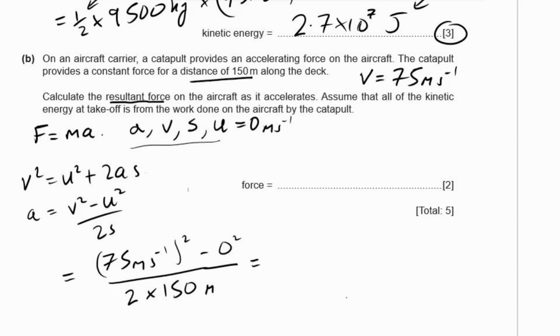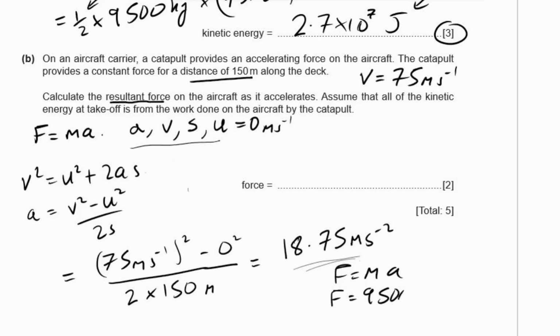Excellent. That should get us the acceleration, and the value that that will give us is 18.75 meters per second squared. Alright, way too many significant figures here, but this isn't the final answer, so we're not going to change it yet. Now we put it straight into our F equals ma equation. So we want to find force. Force is then going to be equal to mass, 9,500 kilograms, multiplied by the acceleration, 18.75